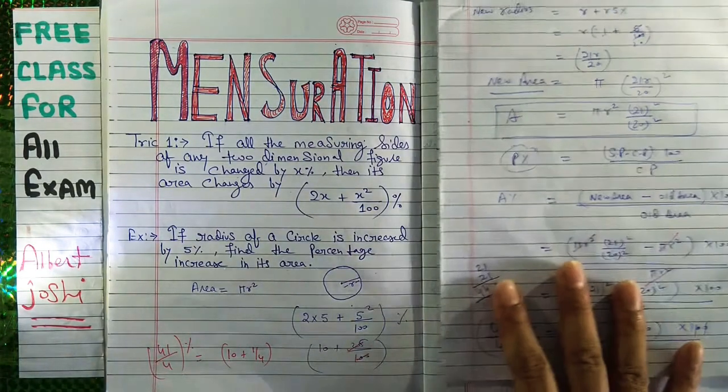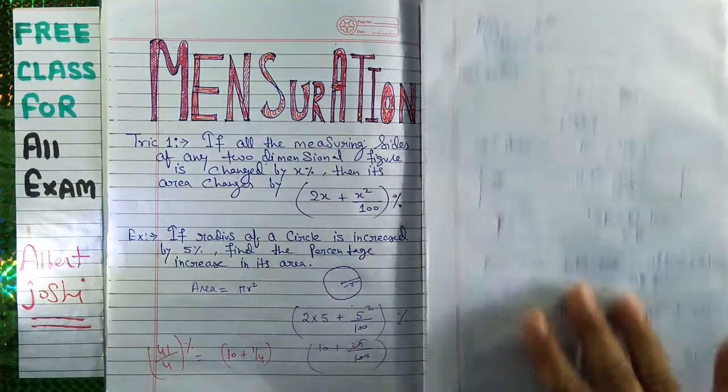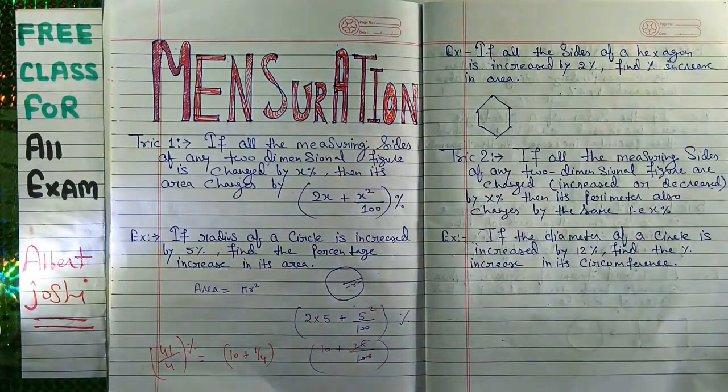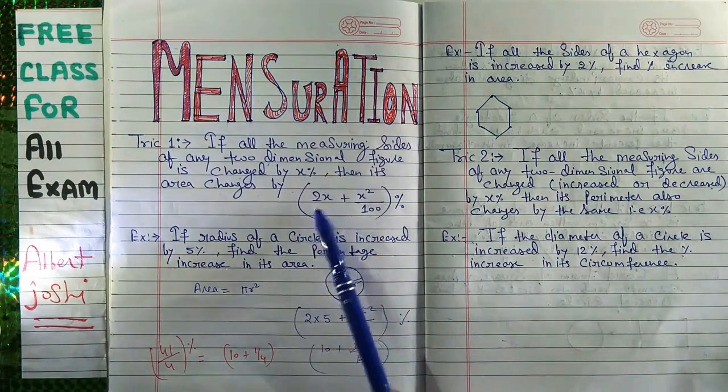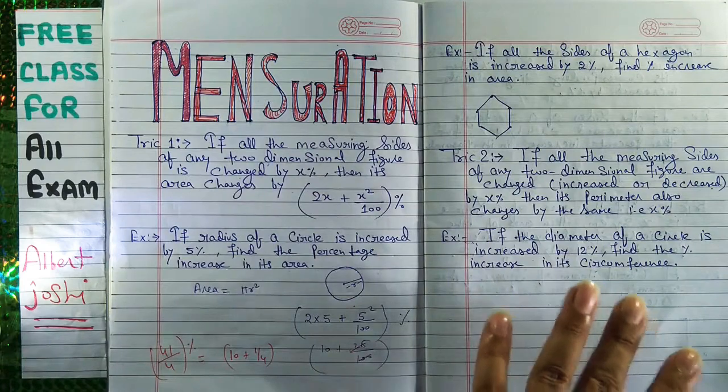So you can see that if we are using our high school method, then it is taking more time. But if you have the trick, we are giving you a lot of tricks. If you have the trick, then you can take only 5 seconds to solve such type of problem. So it will reduce your time during your entrance exam.